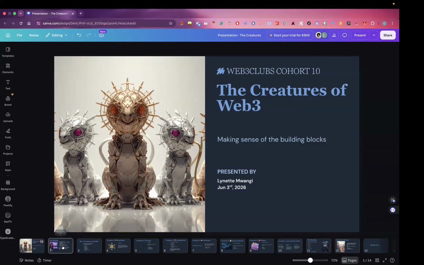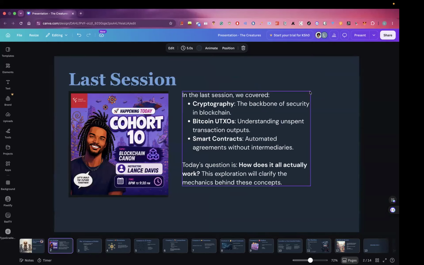Just a quick recap on the session that we had yesterday. For those who were there, we had our session with Lance Davis. He looked into Bitcoin, which was probably the very first iteration of blockchain, a decentralized system primarily focused on financial transactions. We also looked at Ethereum, and we spent quite some time on that. Even Ochi took some time on that as well. We had a brief look at smart contracts and cryptography, and under cryptography, we looked at zero knowledge proofs just a bit.